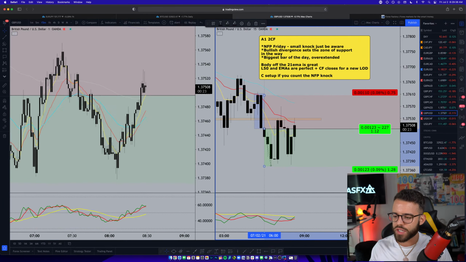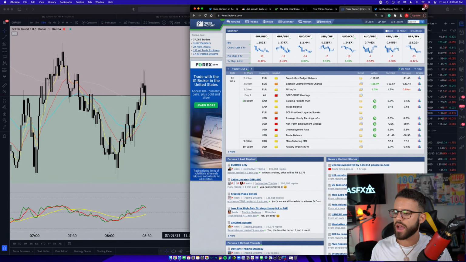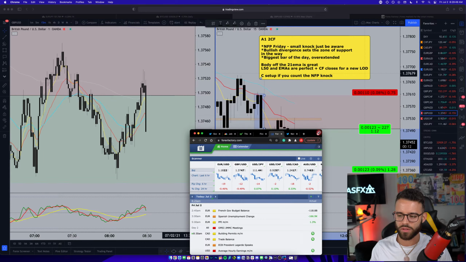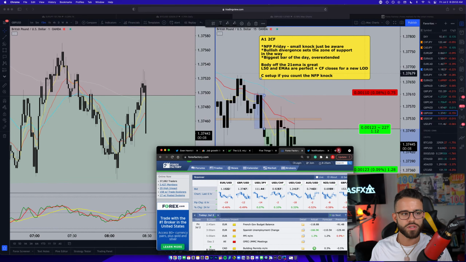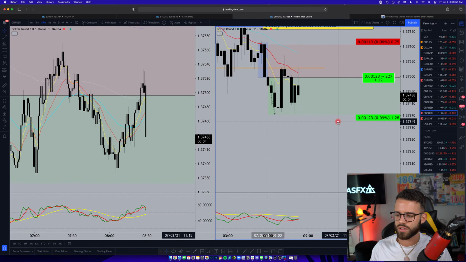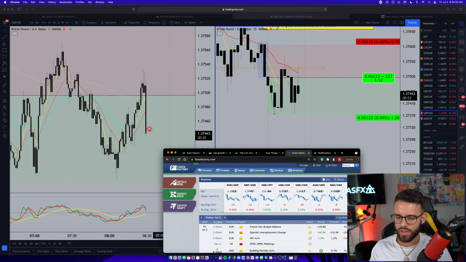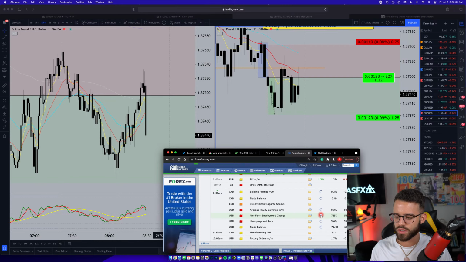So I'm going to keep the 15 minute and the 1 minute open so we can see the volatility on the 1 minute. And then we'll cycle back to this like that. I'll put this right here. Oh, there it goes. Look at that bar down. Look at the 1 minute. See, I can put this somewhere else. 5 seconds here. Let's see what happens. Look at the 1 minute, 15 minute, and then I'll refresh the news right here so we can see the numbers when they come out.